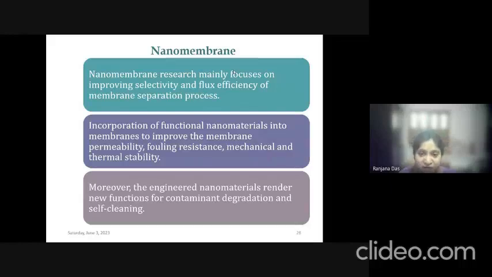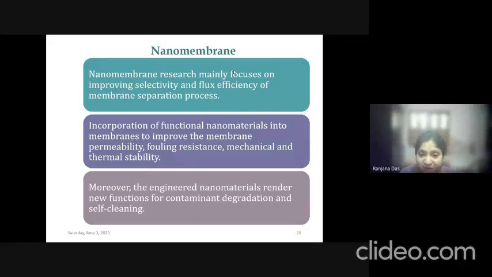It is a separation technique. For membrane-based separation processes, the membrane is very efficient, and we can separate on the molecular level also. The contaminants can be removed from the effluent and from the toxic water. The toxins can be removed on a molecular basis by the membrane process. But the problem of the membrane process is mainly fouling